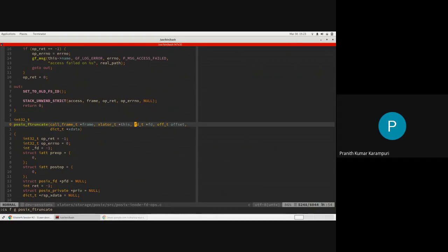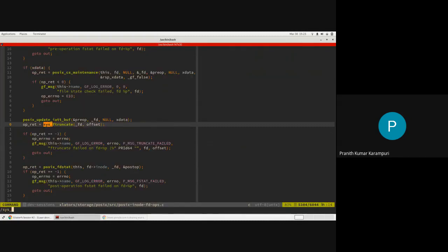This one gets an FD because it's an FD based operation, and again the offset gets transferred. Again, same thing will happen: you will see that it is going to have ftruncate at some point. So now you get a similarity between all of the FOPs and the actual underlying system call in all of these things.